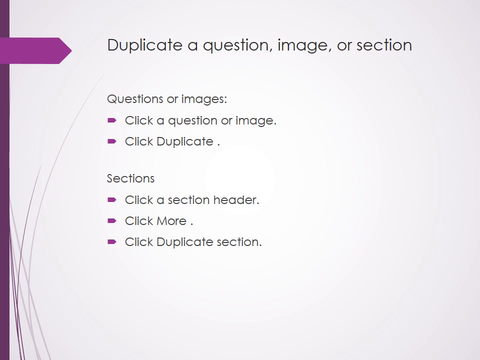Now next is duplicating a question, image, or a section. Every question and section has a logo at the bottom to click, to copy it. If you move the cursor over, you will easily get it. The important thing I want to tell you here: when you duplicate a question, it is not necessary that the question be duplicated from your given form only. It may be from different forms also.